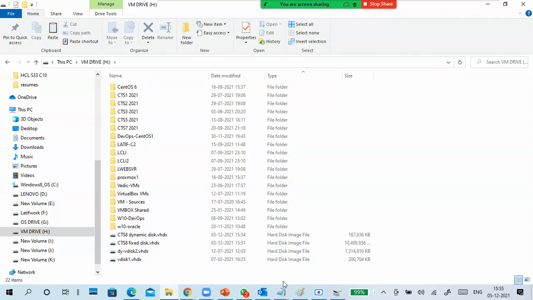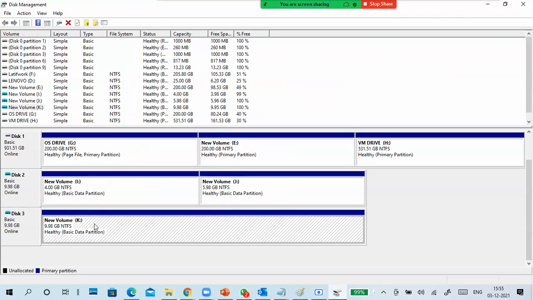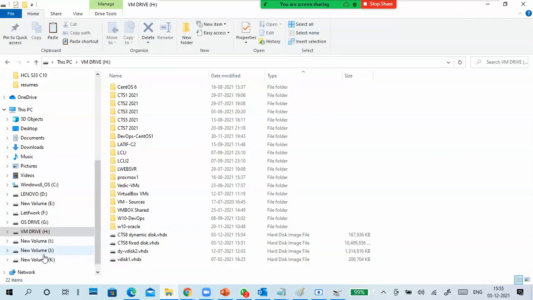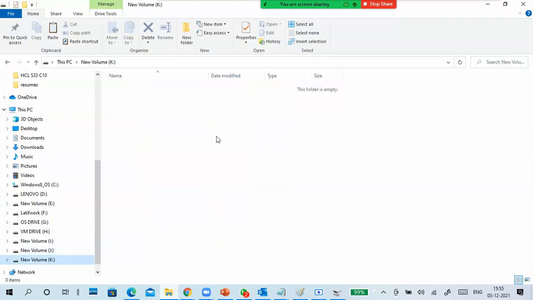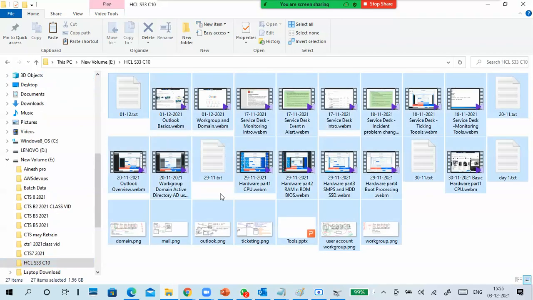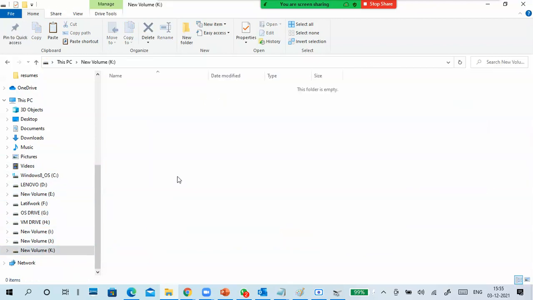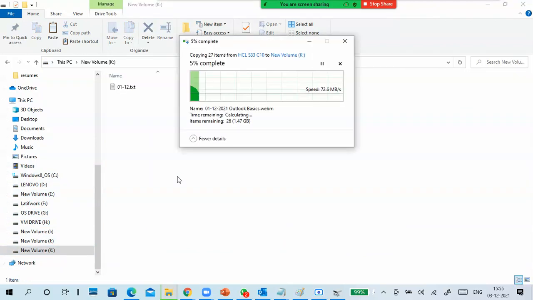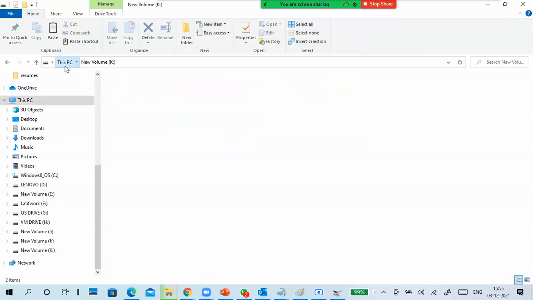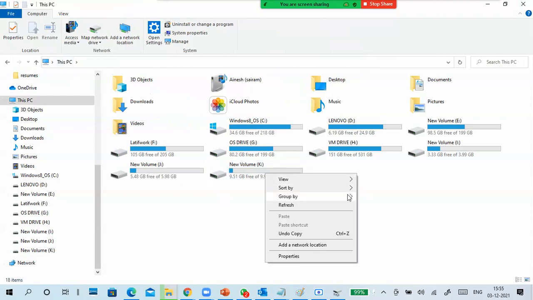But in the K volume, I'm going to copy some data. It's around 2 GB. Let's observe from here.